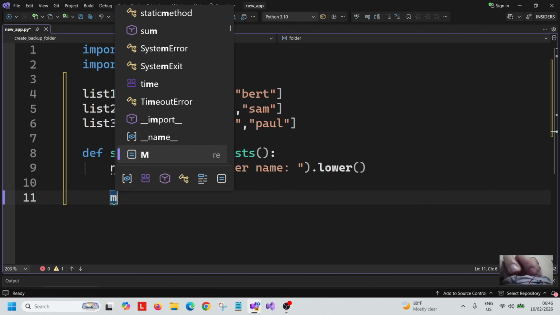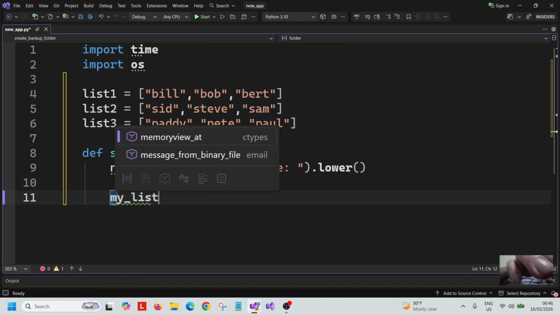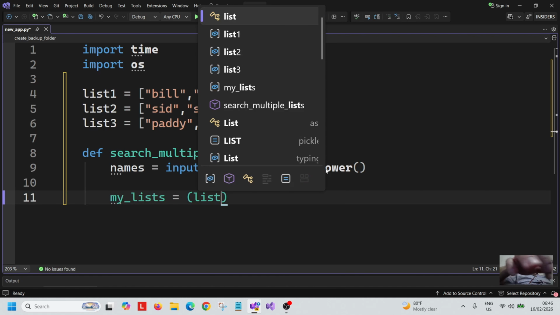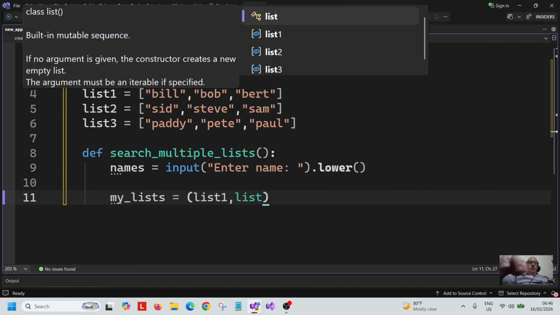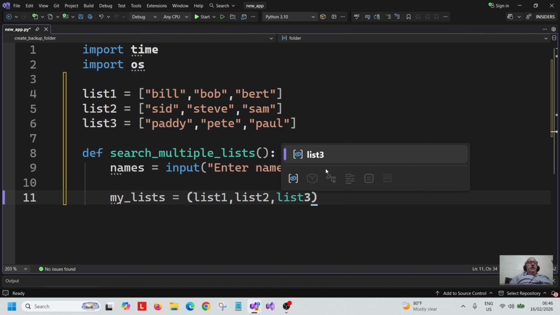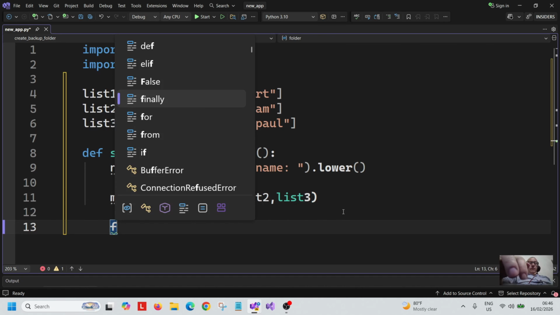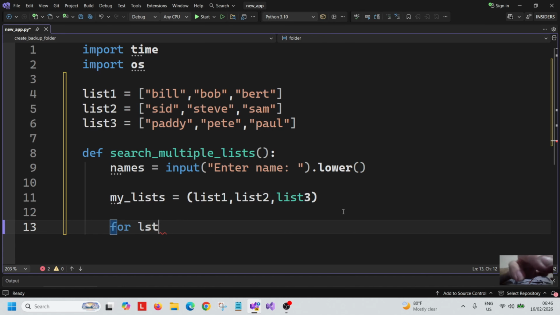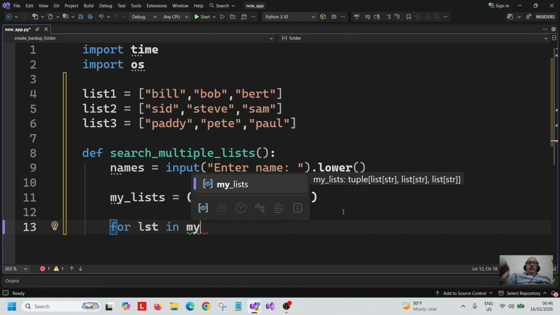Okay, we're going to create another variable here called my list, and we're going to assign that to list 1, list 2, and list 3, all the lists up there. Now we're going to create a for loop because we're going to loop through those lists. We're going to do LST as the variable here for iterating over every name in those lists. For LST in my lists,